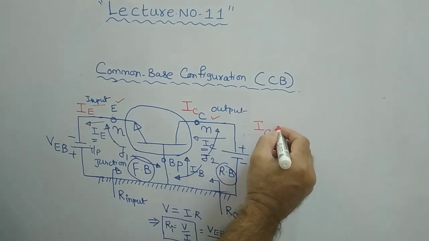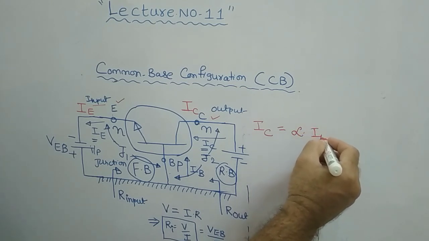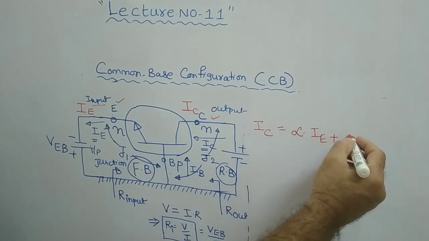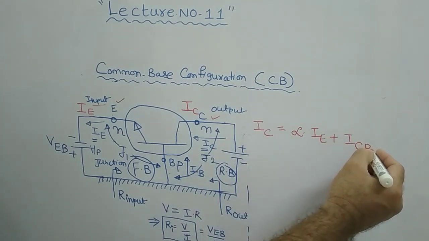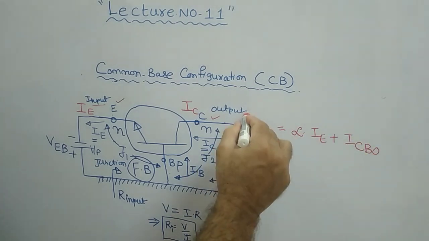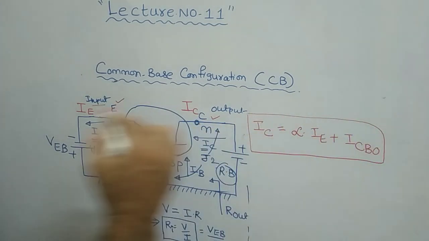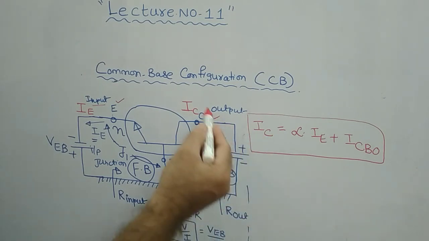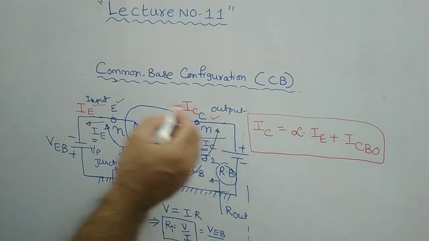IC is equal to alpha times IE plus a small amount of reverse bias current, that is called ICBO. Remember that this is a very important expression in common base configuration, right? What is IC? IC is your output current, nothing but collector current. Therefore, output current is equal to